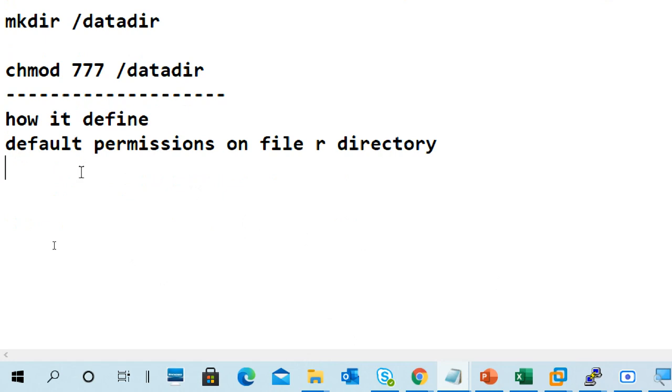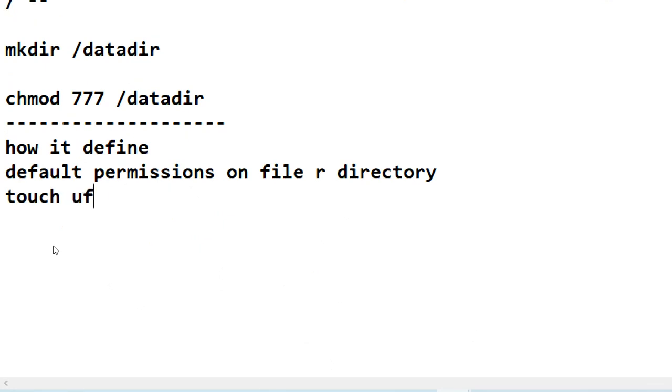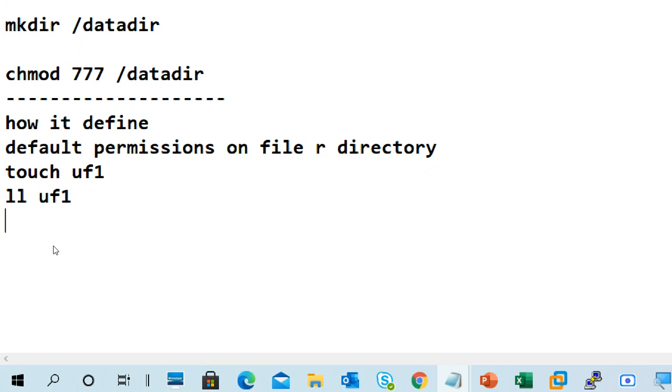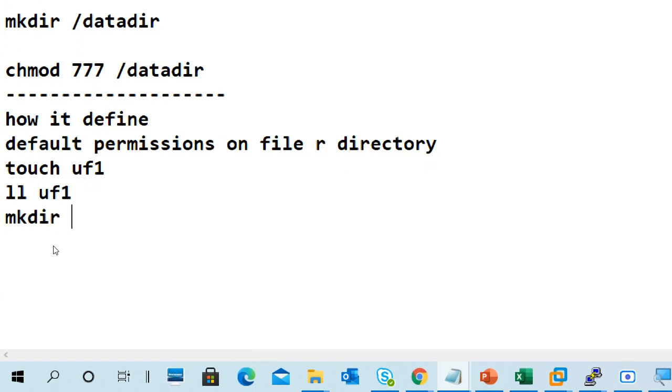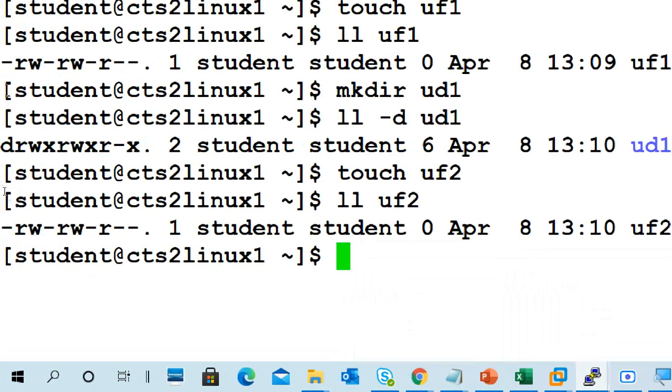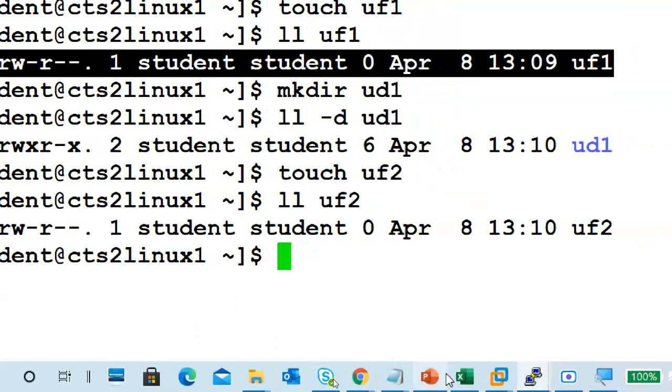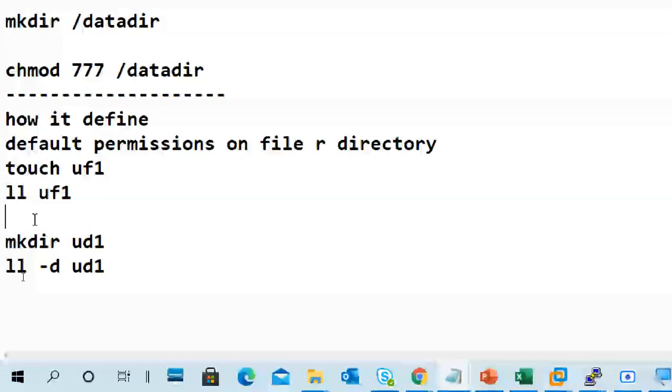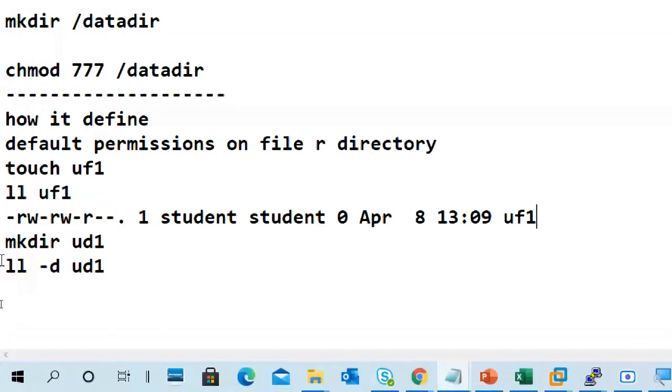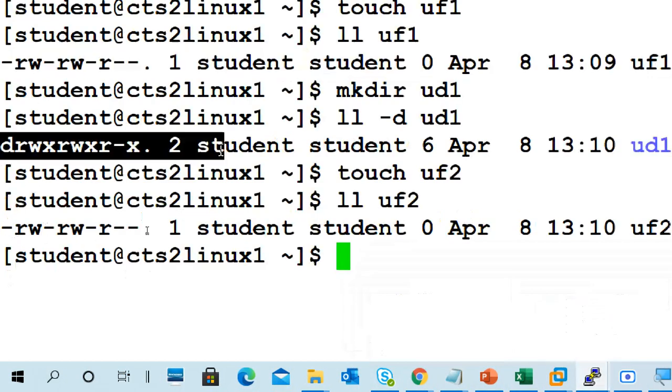How are the default permissions on a directory defined? I created a file UF1 and checked it, and also created a directory with mkdir UD1 and checked it. Then I find some permission set, right? How does the system by default give these read and write permissions? Anybody having an idea?